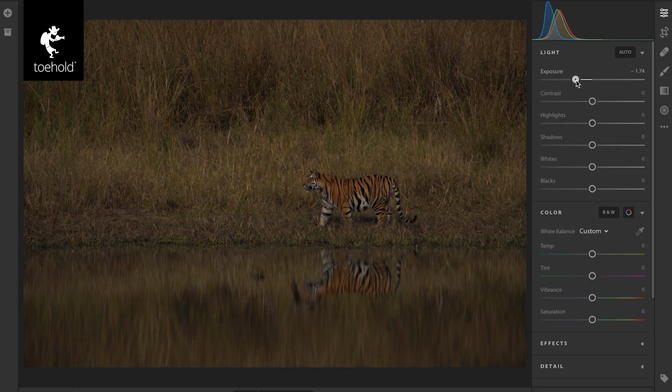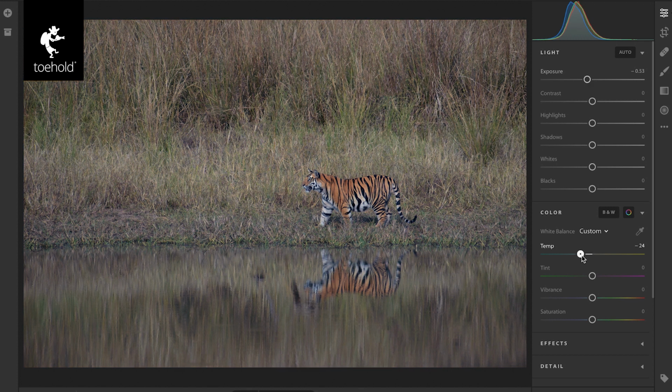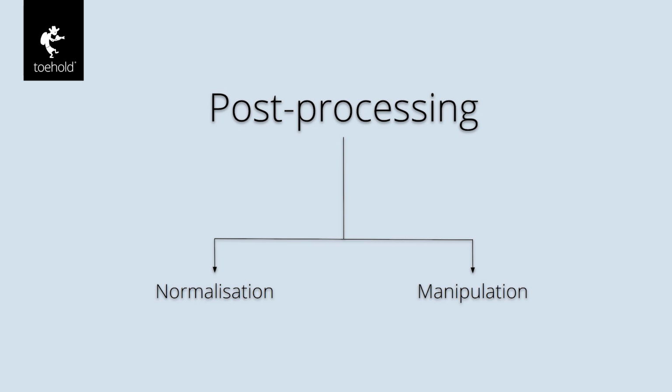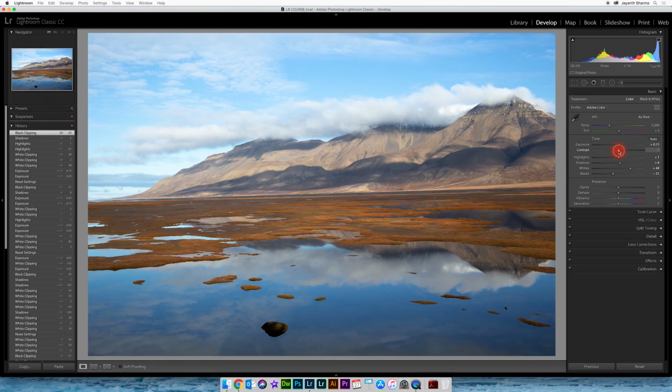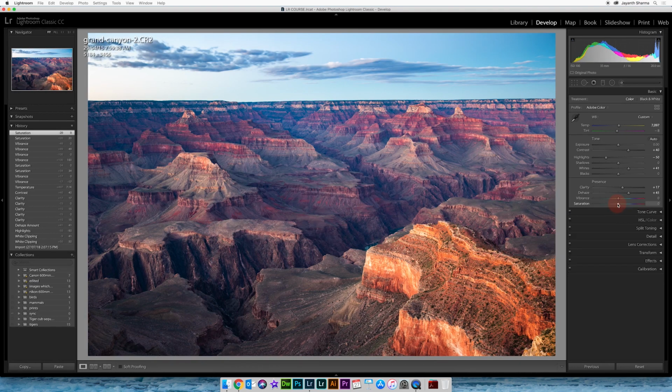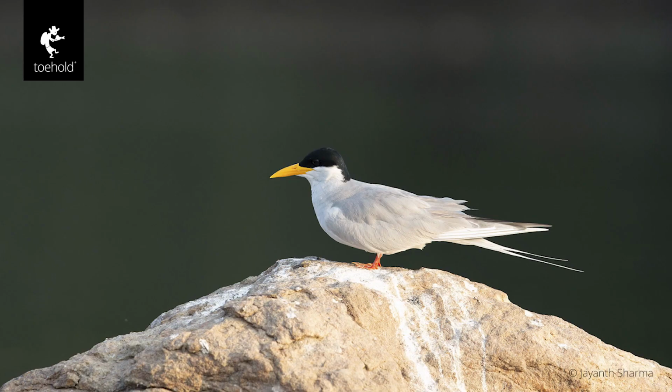So let's understand that anything you do to an image after it's been photographed is what we can call post-processing. But in my opinion, the process of post-processing can be bifurcated as normalization and manipulation. Let me explain. When you edit an image by making changes to the raw file, by correcting color, contrast, brightness, saturation, straightening the horizon maybe, or improving the sharpness, you are actually making an image look as close as it